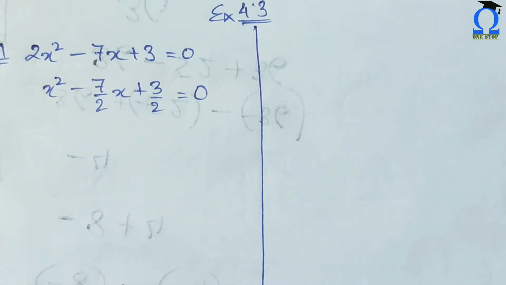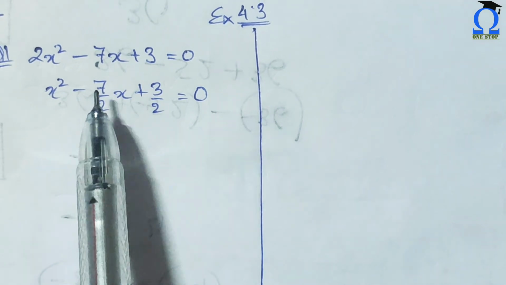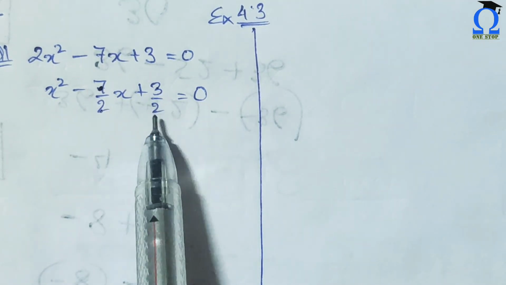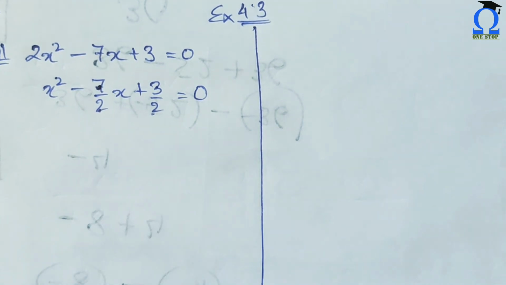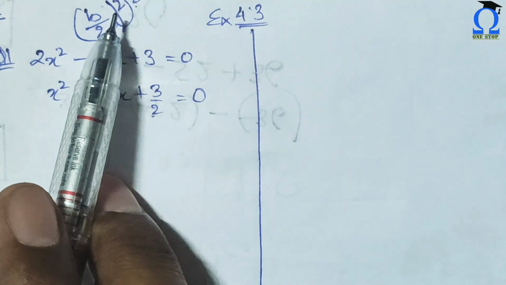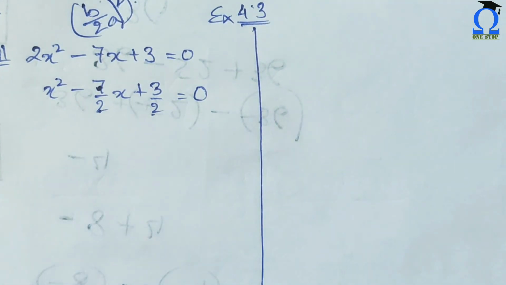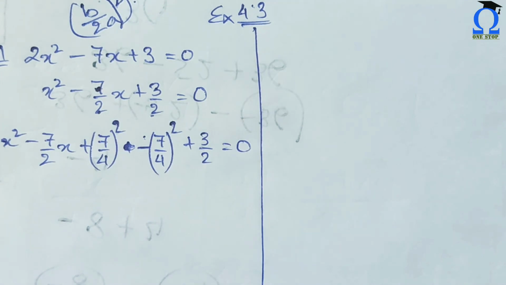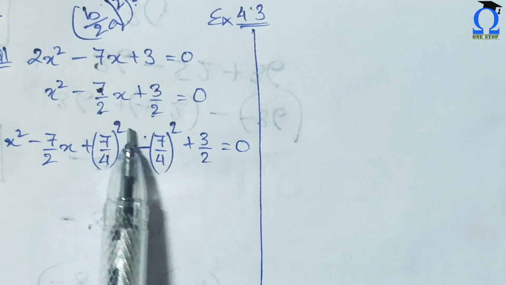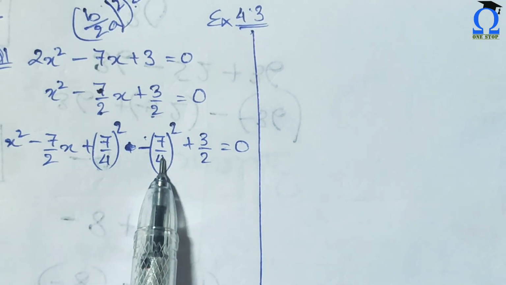That will give us this equation. Now we can see that this is x, this is b, this is a, this is c, this is a. Okay, and as I have already told you, we need to add and subtract (b/2a)². Remember? So we add (b/2a)² here and subtract it here, which will give us this equation. Understood? We have added this and also subtracted this.